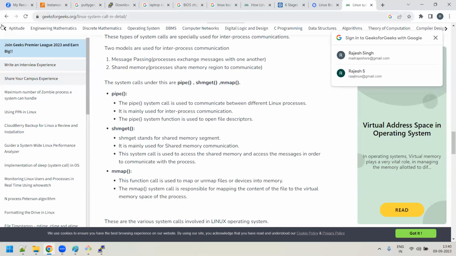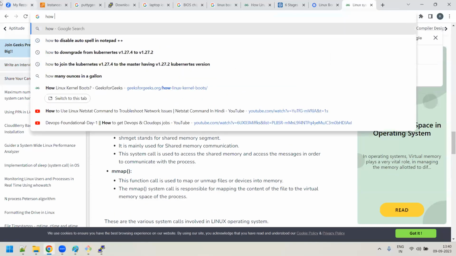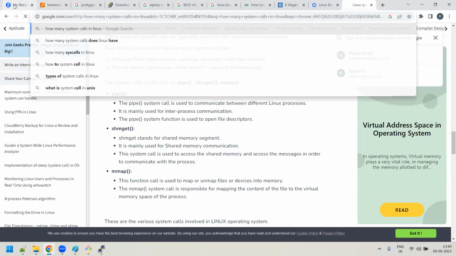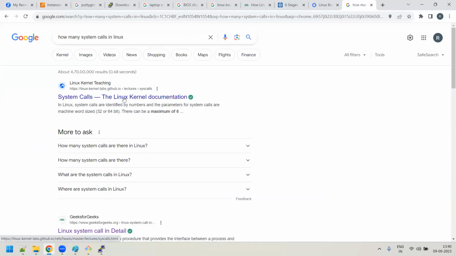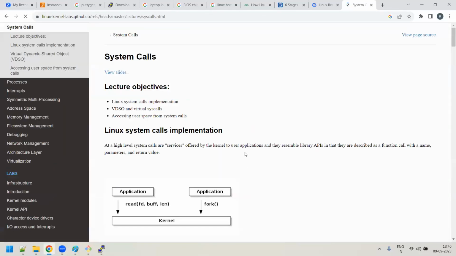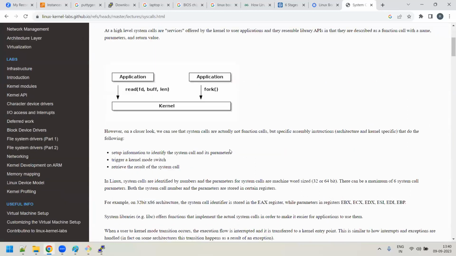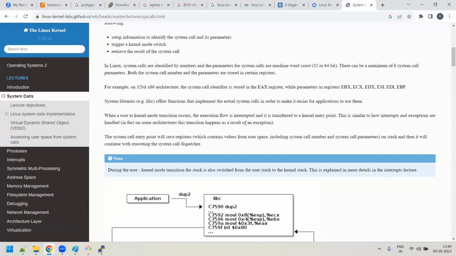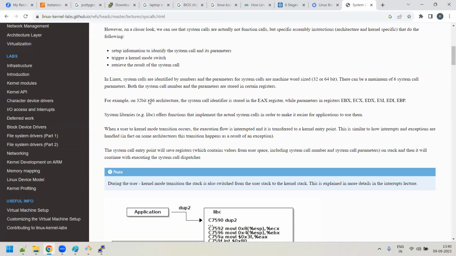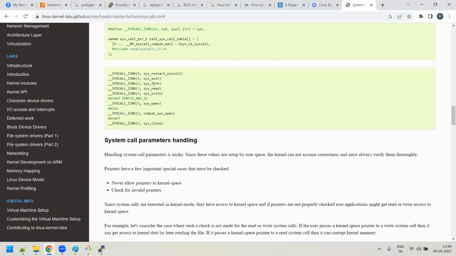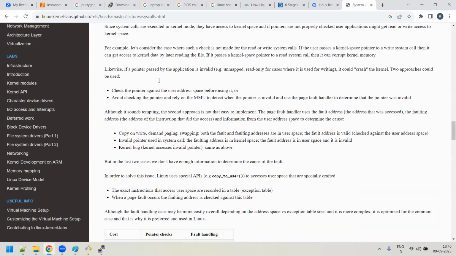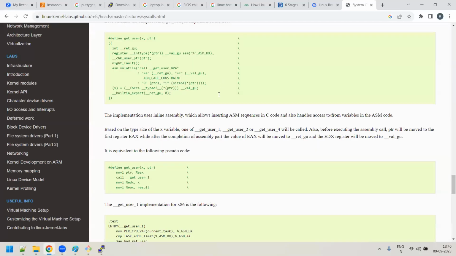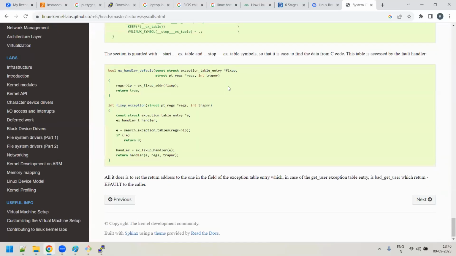Okay, how many system calls are there in Linux? So if you see it, he's saying there would be around, what is it, sir? I think initially they would have told about that. System call table, yeah, all these things. You'll be having more than 460 system calls, more than that now. In some way they would have written, okay, there are more than 460 system calls in Linux actually.